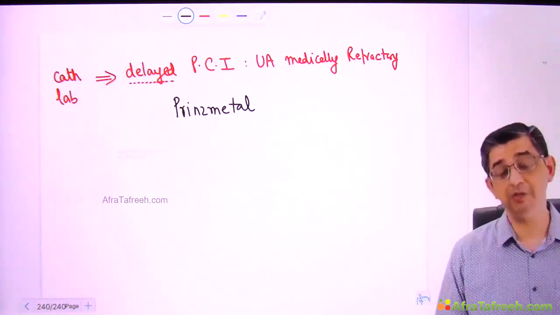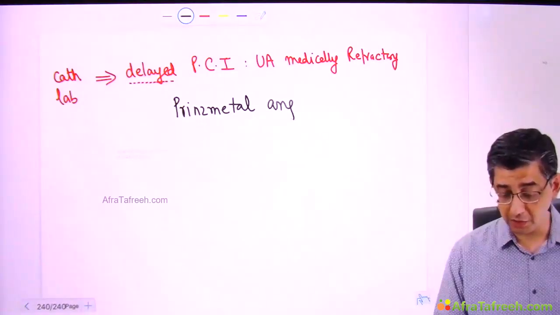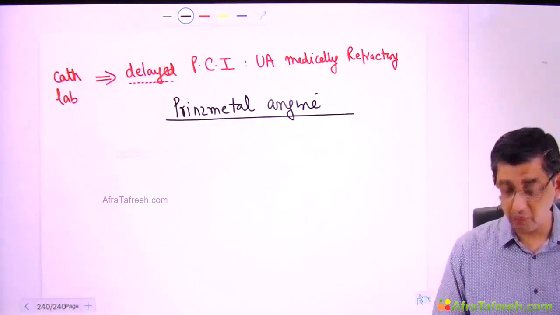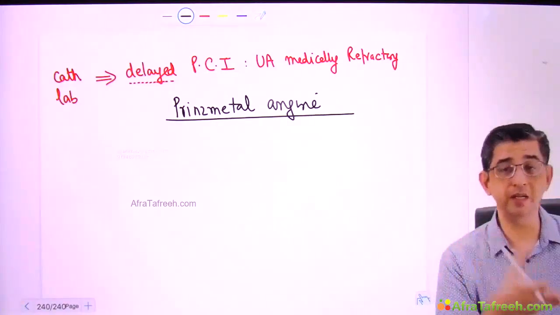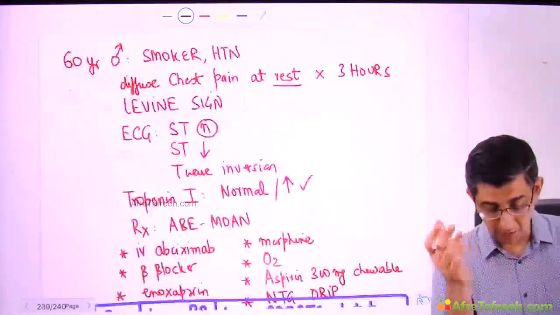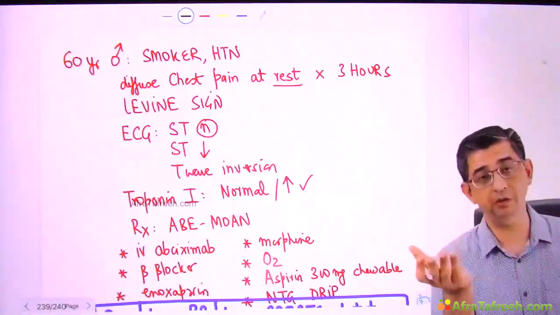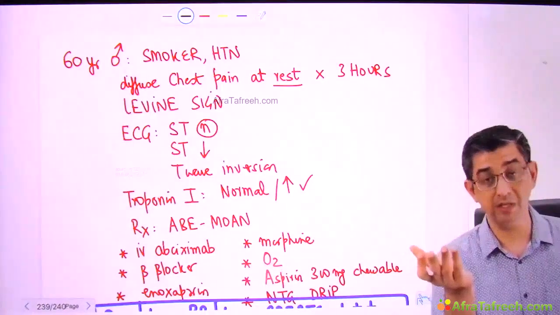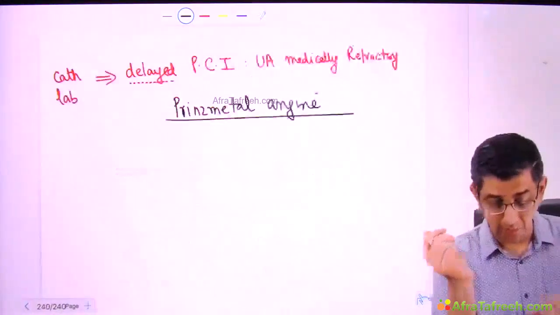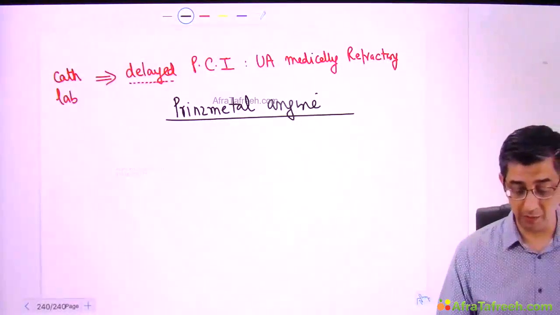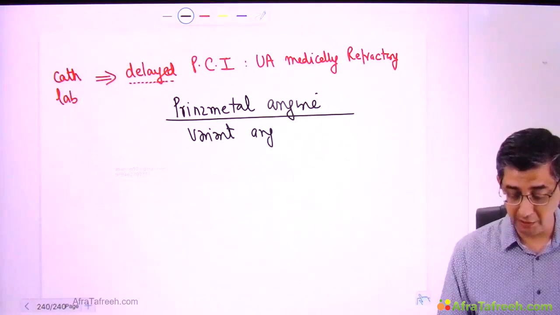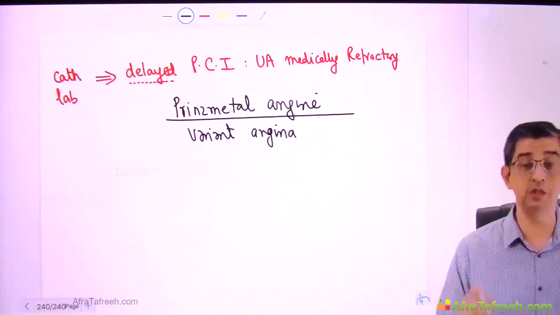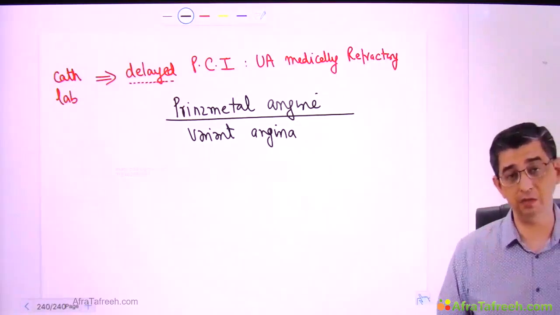Now I will be comparing this particular patient of unstable angina with the next one, who would be having a very surprising finding of ST elevation. I want you to remember that in all anginas there would be ST depression. Chronic stable angina had ST depression on treadmill test. Unstable angina, I also taught you that in 50% of cases they would be ST normal, and in 25% of cases they would have ST depression. But now I want to tell you that when it comes to Prinzmetal angina, why do you call it variant angina, as I just said? It is called variant angina because this is the only angina with an ST elevation.